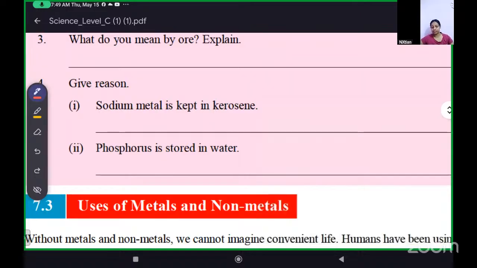Then another point: why is phosphorus stored in water? Same reason, because phosphorus is another highly reactive element that reacts with air. Okay,